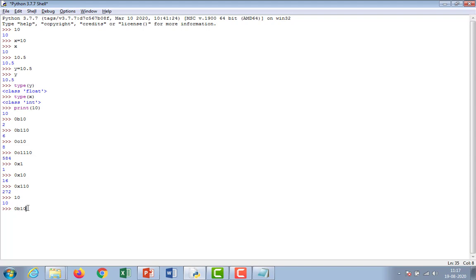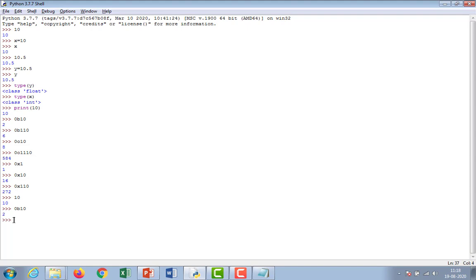Then the Python interpreter will treat this as a binary number, so the output becomes 2. The decimal value of the binary number 10 is 2.